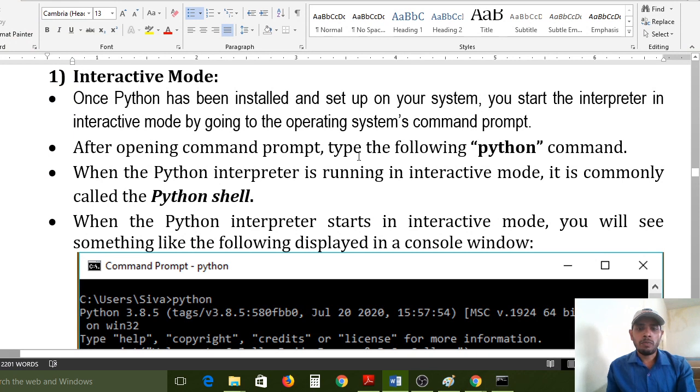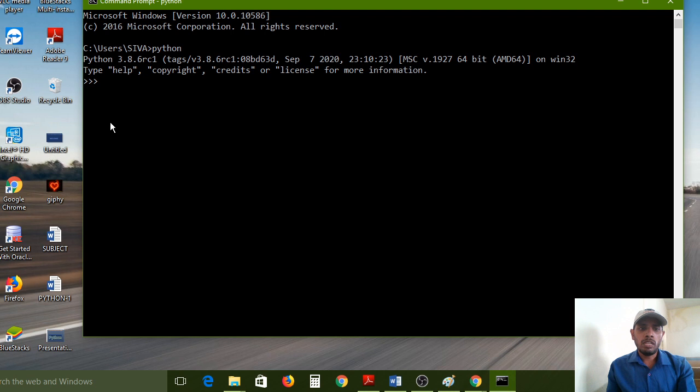After opening a command prompt, type the Python command. When the Python interpreter is running in interactive mode, it is commonly called the Python shell. As I told you, when you open the command prompt and type the command python, the Python shell immediately opens on the screen. The Python shell is also connected to the command prompt.